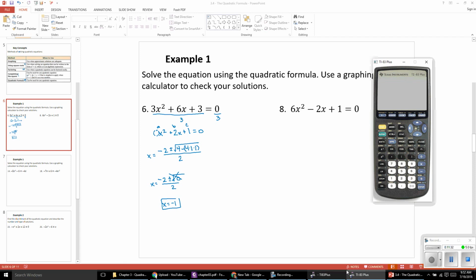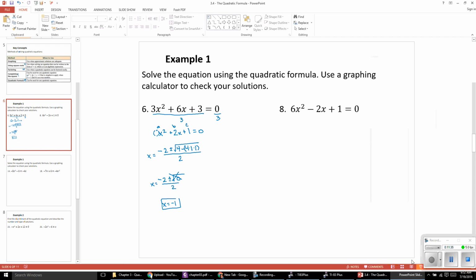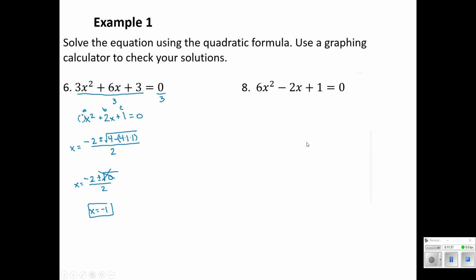But Calc 0 can be a very, very helpful tool in the calculator. All right, so